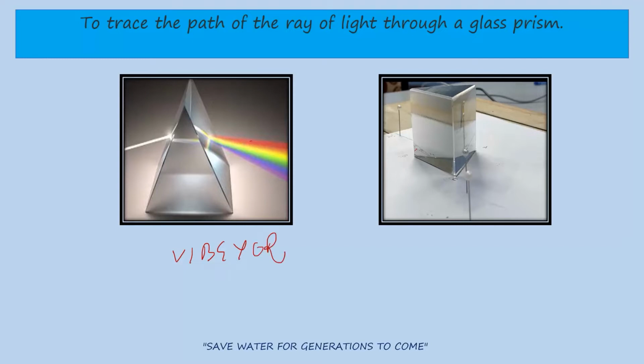And in the second figure, you can see refraction of light here. This is one pin which is acting as an object here. And in the prism, you can see this is the image of the pin and this is also the image of the pin. This picture has been taken from the experiment only, right? These two pins, this is P3 and this is P4. These are in a straight line with the images of pins P1 and P2, right? So this is a very interesting experiment and you are going to learn a lot from it. So now let's start the experiment.